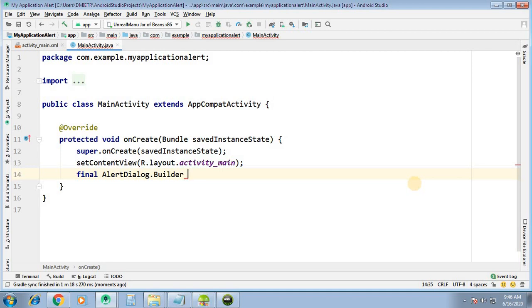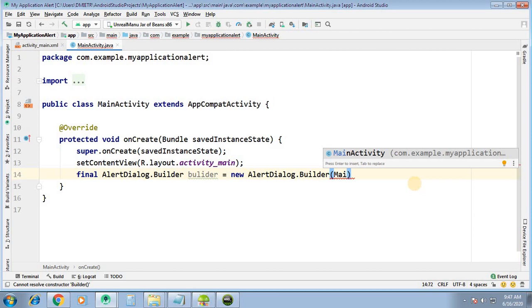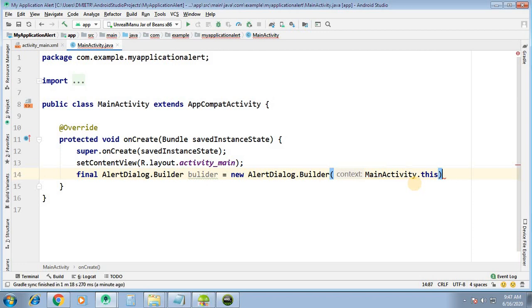the object for this, create any object, alertDialogBuilder, and the name of the activity, MainActivity.this, is the context.